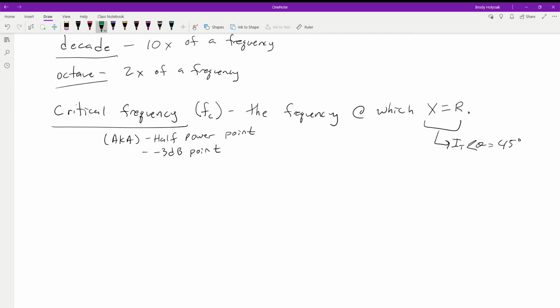All right, so we have our critical frequency. The next thing that we're going to talk about is decibels. Now a decibel is simply a ratio between our input and our output. This is its symbol, a little d and a capital B. You'll see this a lot in sound and audio, but we use it here too because, like I said, it's just the relationship between our output and input signals.